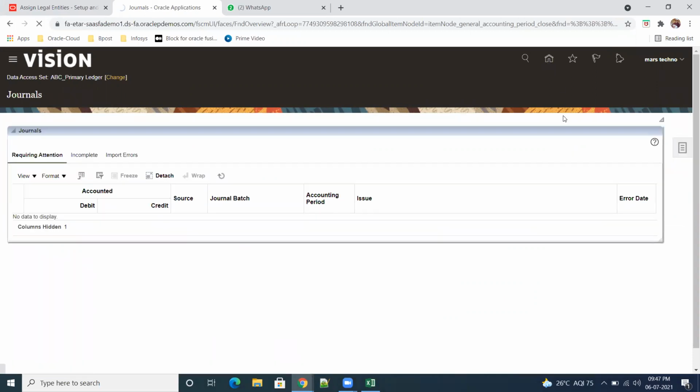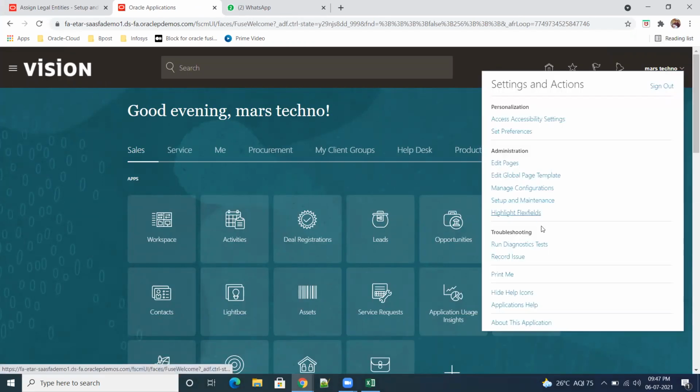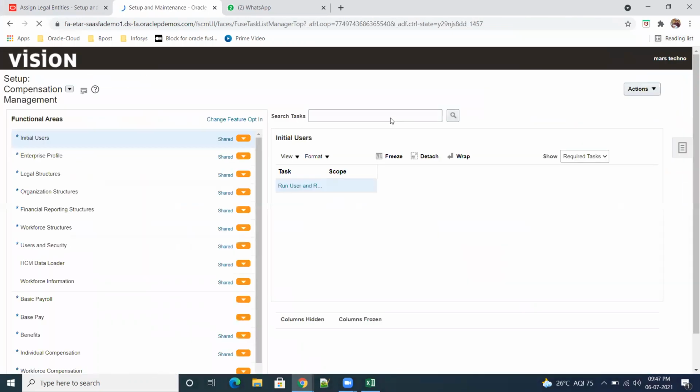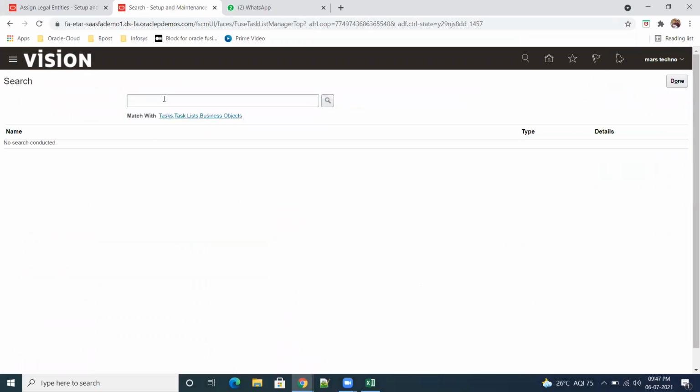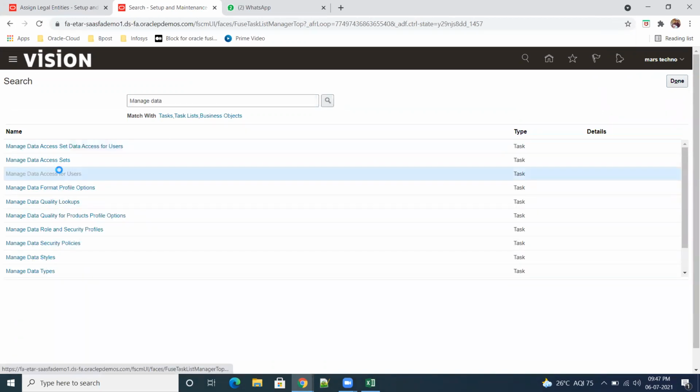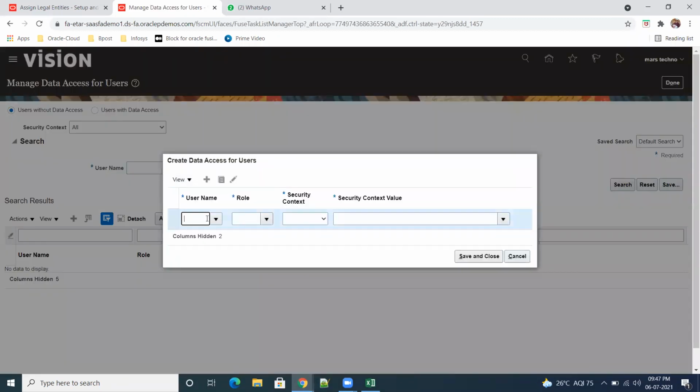Manage data access. Again, tools and setup and maintenance. Search manage data access for users. Okay. So click on plus. We'll take the same techno.